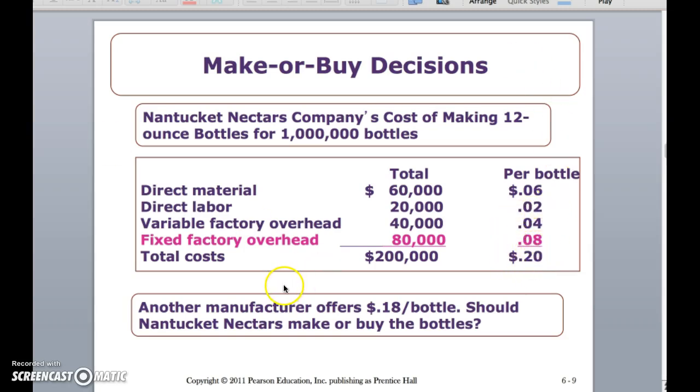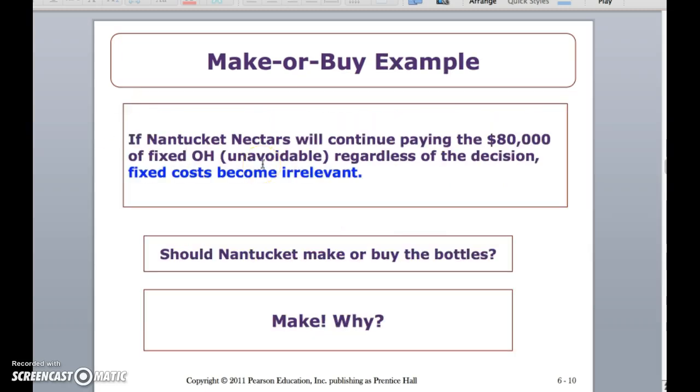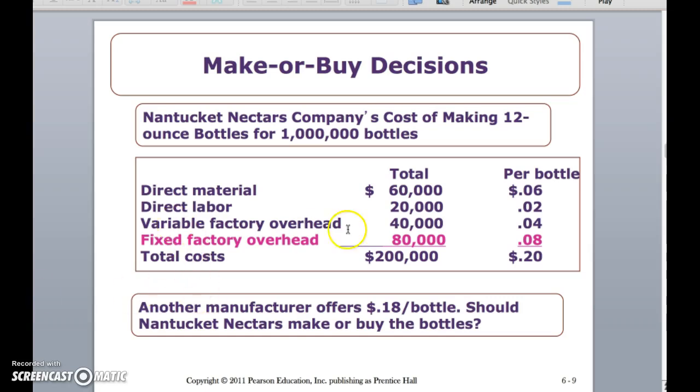The company has an outside supplier who offered 18 cents per bottle. Should the company make or buy the bottles from the supplier? The decision would be based on whether the fixed overhead is avoidable or not. Suppose the company will continue paying the $80,000 of fixed overhead, which is unavoidable. Let's go back to the table. This is $80,000 fixed. If this fixed cost is not avoidable,